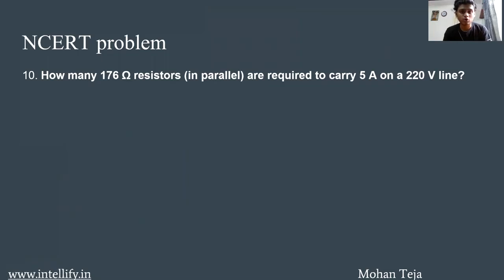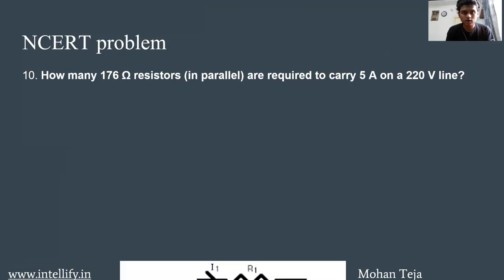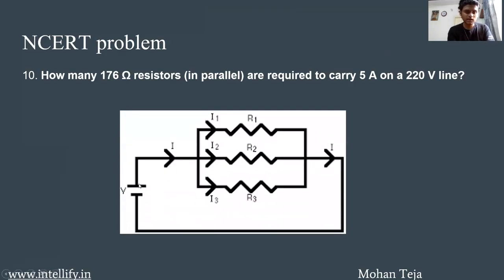So, how many 176 ohm resistors are required to carry 5 ampere on a 220 volt line? Now, if you look at this problem diagrammatically, he gave us the voltage, which is 220 volt, and he gave us the current required, which is 5 ampere. And he's asking how many 176 ohm resistors in parallel are to be connected. So, each of these resistors is equal to 176 ohm, and he's asking for the number of such resistors which are to be put in parallel, so that for 220 volts we get a current of